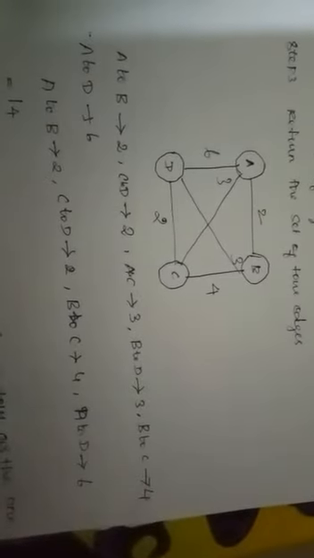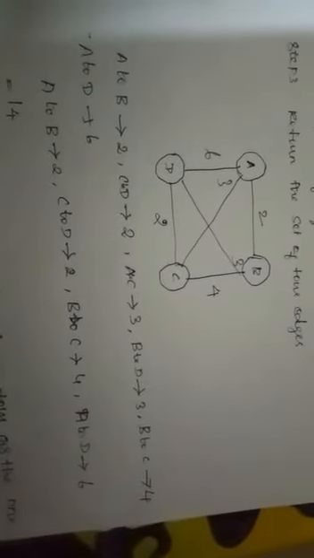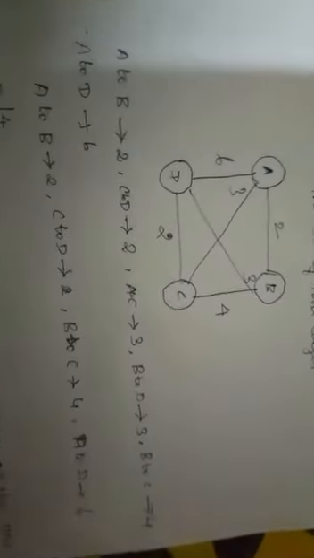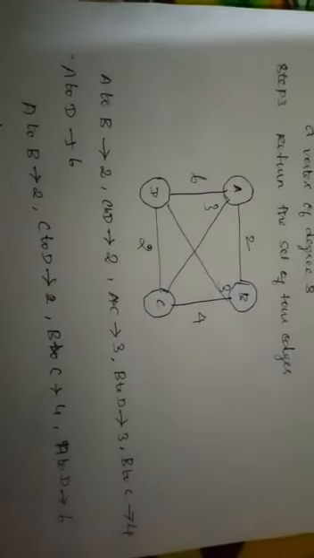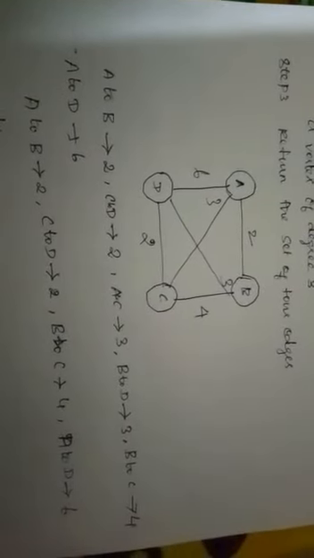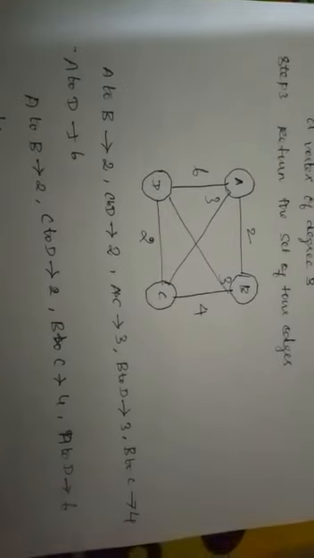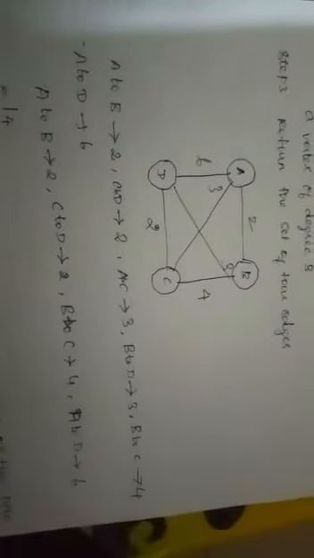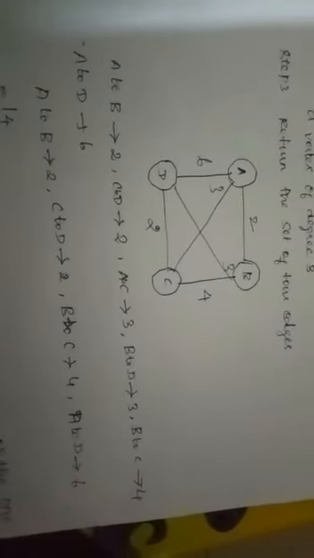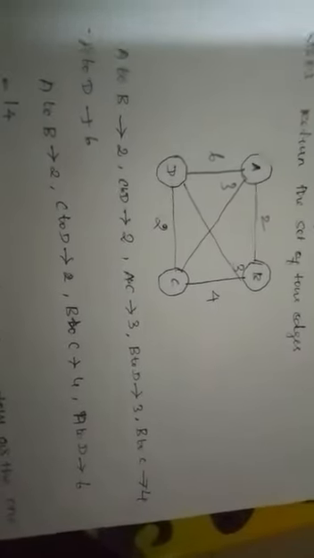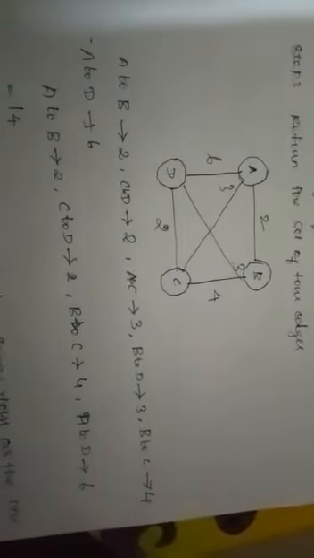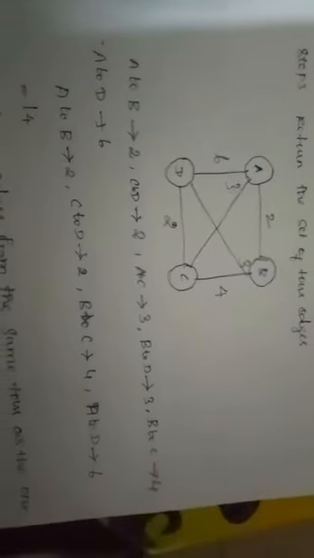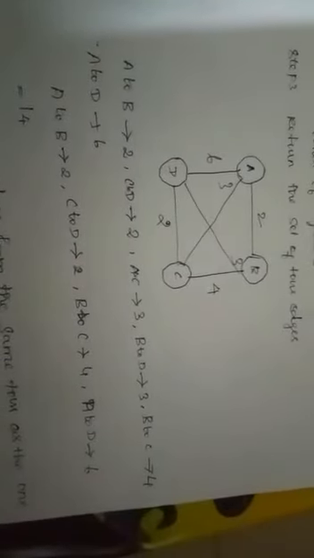First we are going to sort the edges in ascending order, based on weight. So first one AB 2, likewise CD also 2, same weight, and AC weight 3, BD also weight 3, BC value 4, AD value 6. We sorted everything. So from that we get this set of edges.